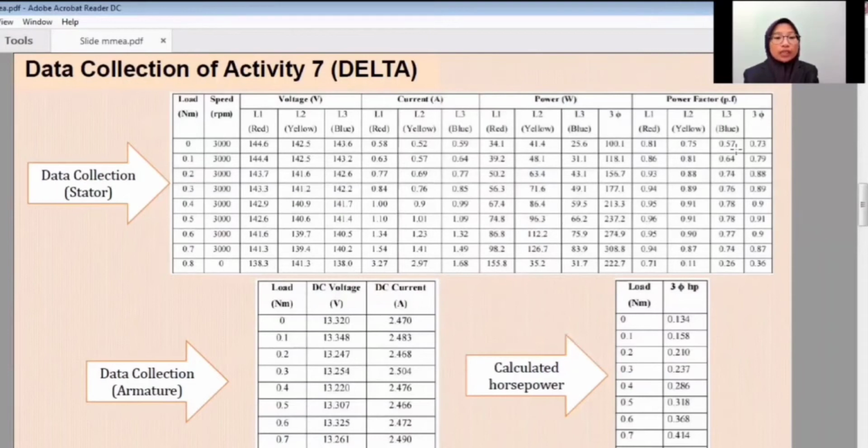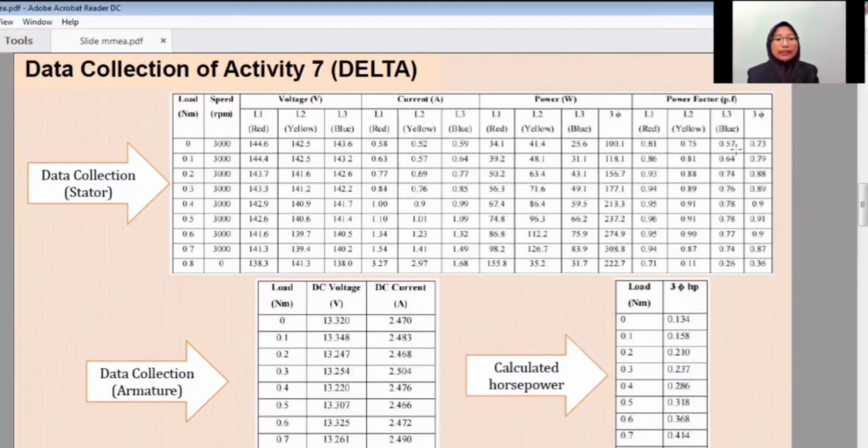from 0.52 to 1.54 amps. For power, we found the range from 34.1 to 126.7 watts, and the total power of the three-phase increased from 100.1 watts to